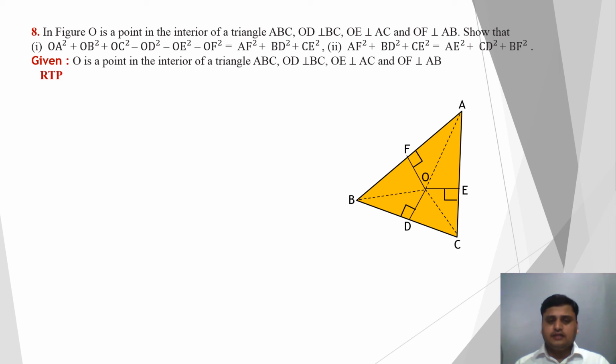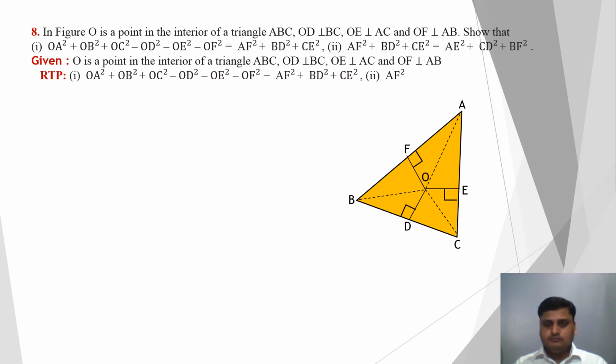After this, we will write RTP. The first part that we will write is OA square plus OB square plus OC square minus OD square minus OE square minus OF square is equal to AF square plus BD square plus CE square. This is the first part that we need to prove, and the second part is AF square plus BD square